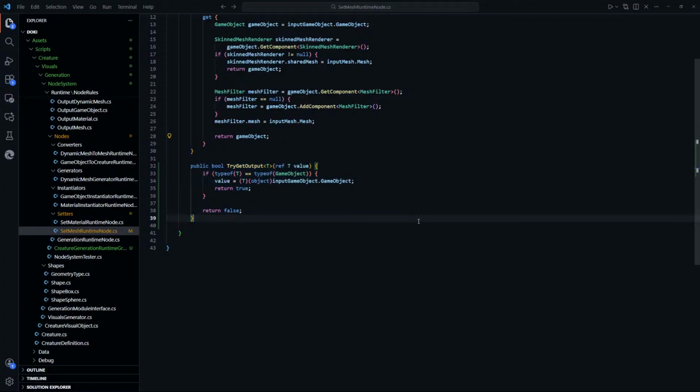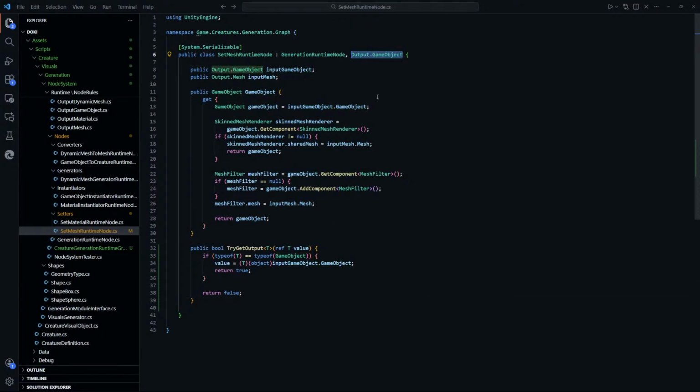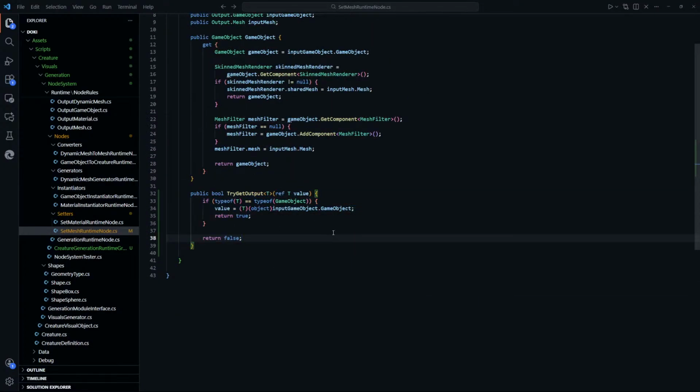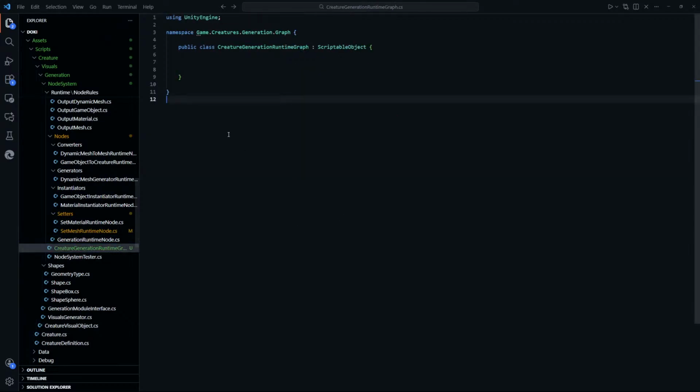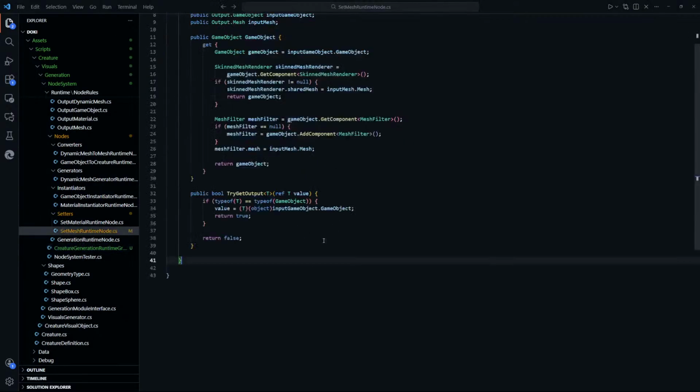But if we do something like this instead of having to define it like this, it's much better. It's gonna work way better when we convert it to a runtime graph as well. So I think we're gonna go with this. Is it stupid? I don't know. So that means that